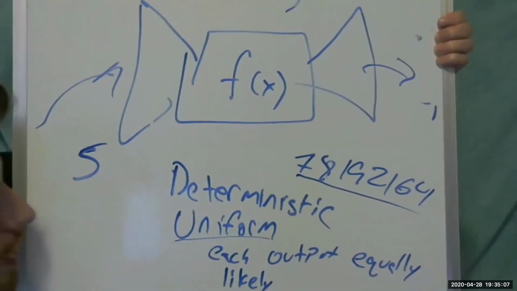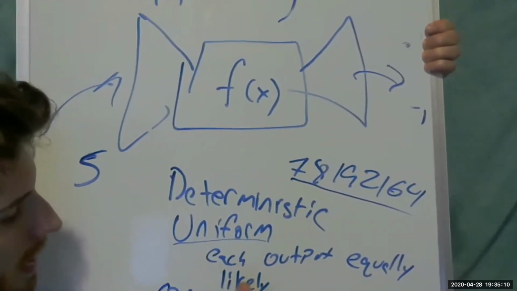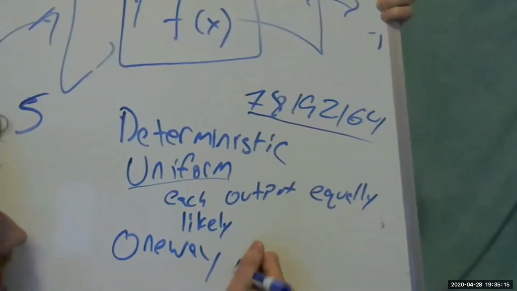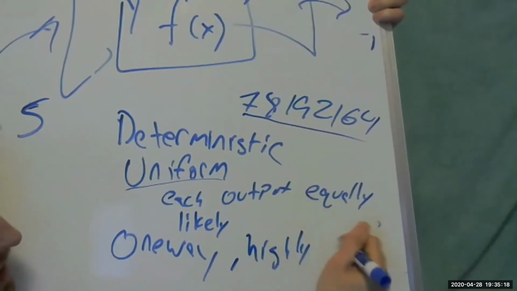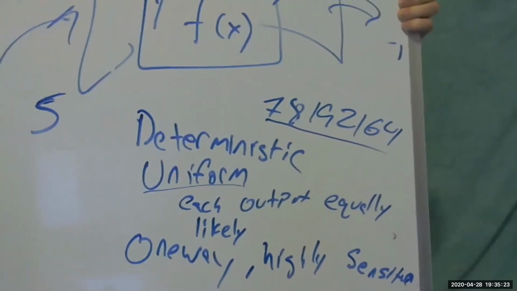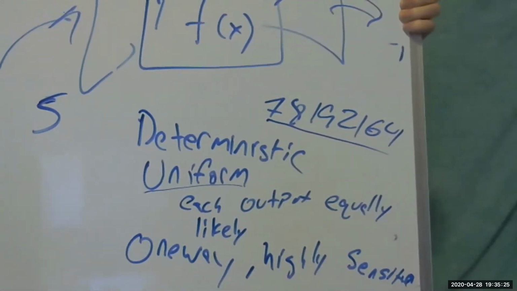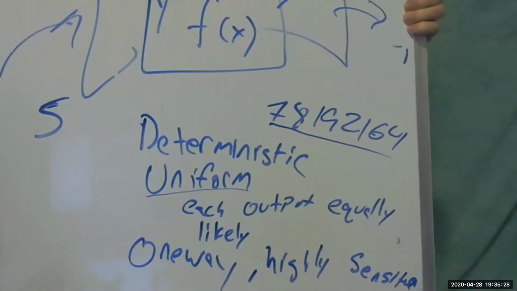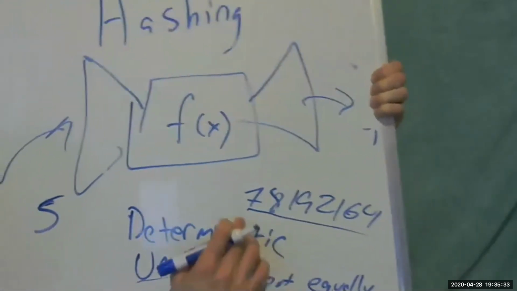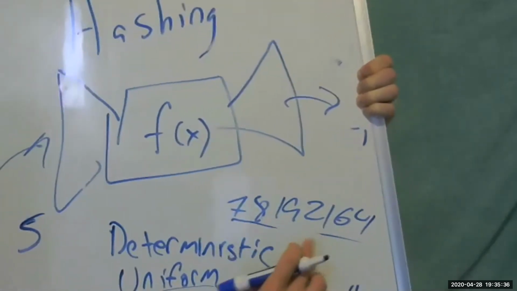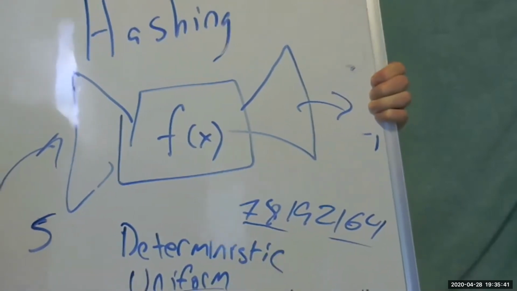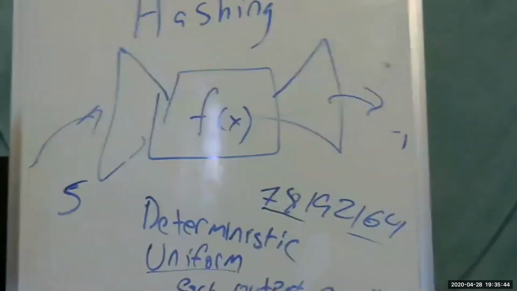Now, it also has to be one way, or highly sensitive. That means given an output, there is no way to predict the input. So if I see this, I have no way of knowing that this came from the 5 if I'm only given this, right? And because it's so highly sensitive,